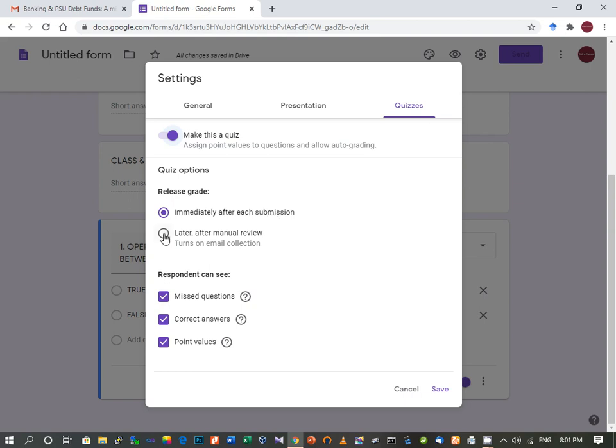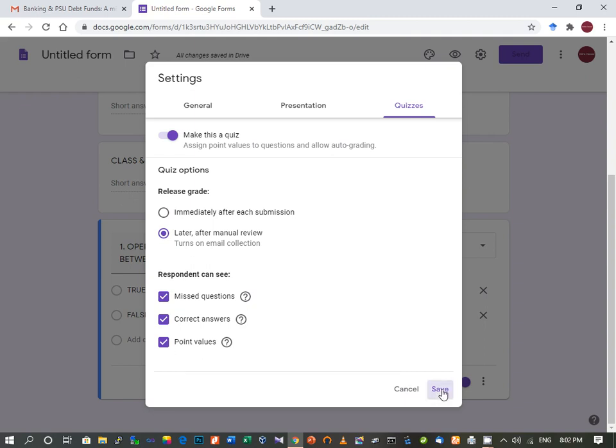But in this we are going to provide some short answers also, where some manual correction will be required. So in this we need to check the other option, and these can all be checked, because at the end students can see which questions they have missed, what the correct answers are, and how many points they have got.